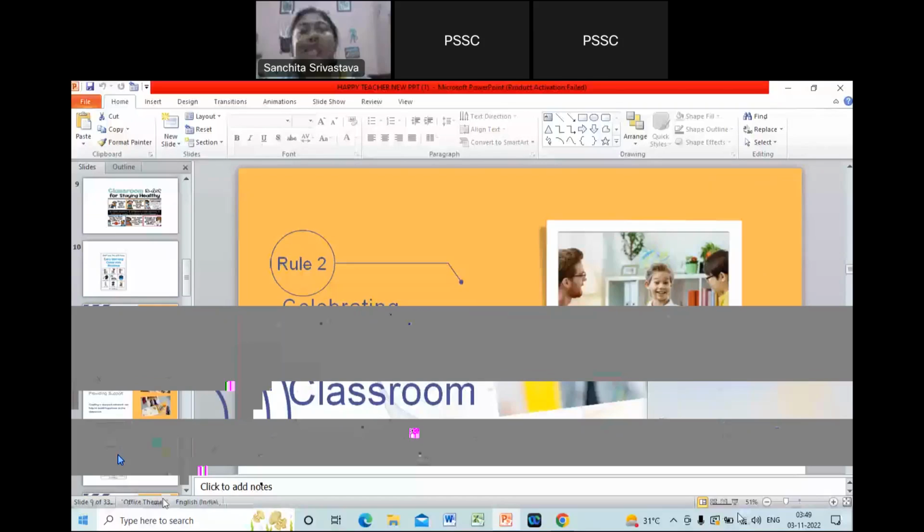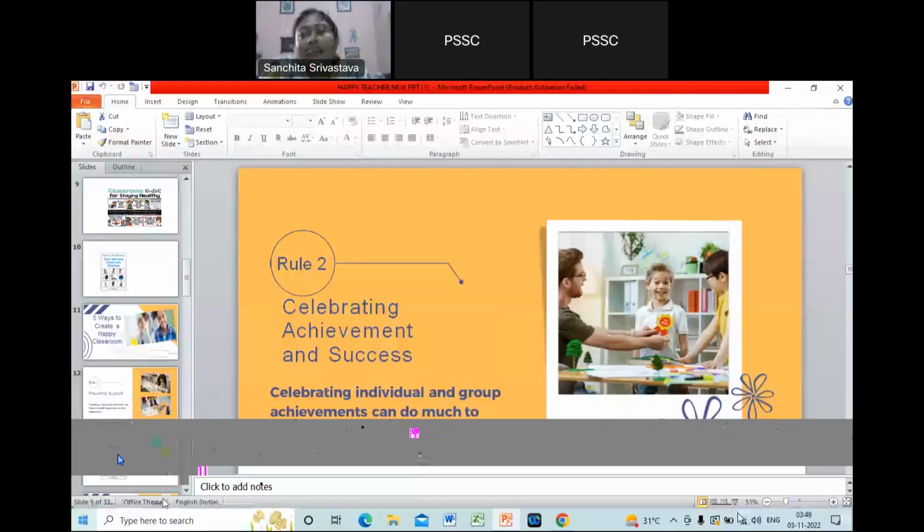That is celebrating achievement and success. Celebrating individual and group achievements can do much to enhance the happiness of your classroom. If the children are happy, because praise is something that gives happiness. Nobody will get angry if you praise. We know that this child has got a specific standard, but